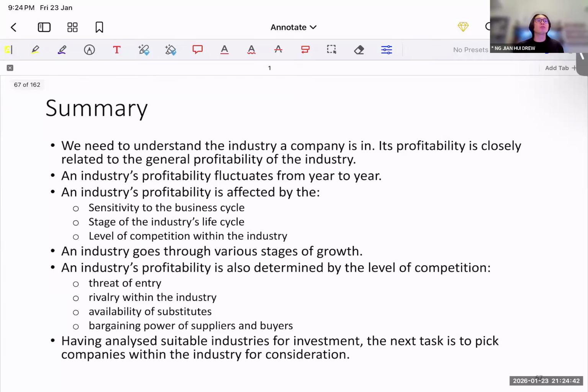Summary, I won't really go through this, but what I just want to say is this. Generally, what we have covered are different frameworks, different tools that you can use for your qualitative analysis, right? Whether you use everything or use some is up to you, but using at least one or two tools will be important to make your assessment robust